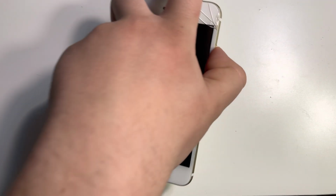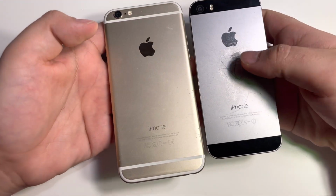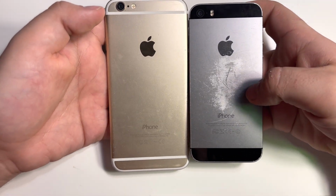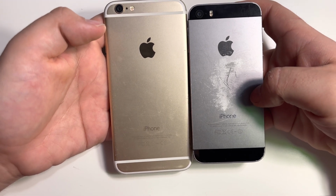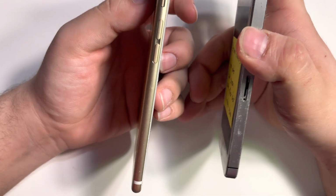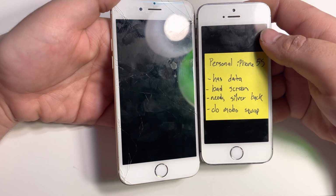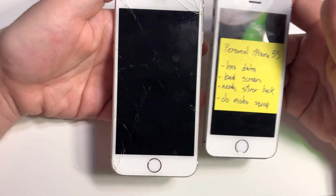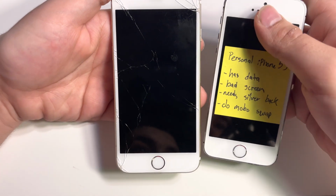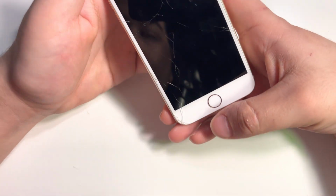And it was an improvement. Sorry about this. It was a very big improvement over the 5S. I mean, you had a totally new design with a larger screen and a thinner body, the thinnest iPhone we've ever had. And as you can see, the screen just grew. This is my personal 5S, which hopefully when I fix it, we'll do more on. But anyway,